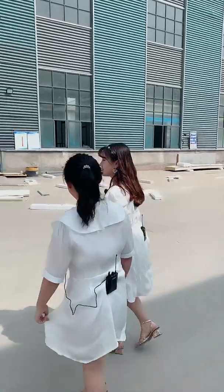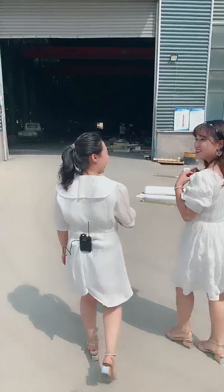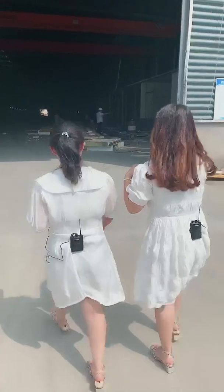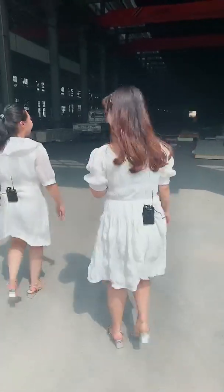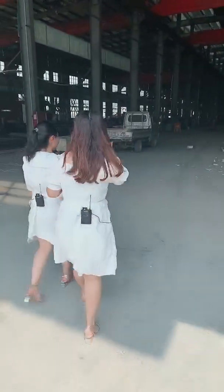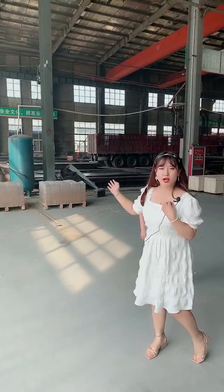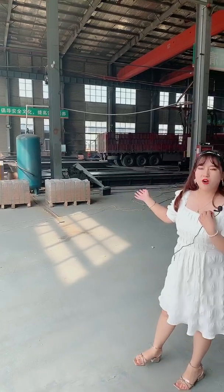This area is our raw materials of steel structure, because it's usually used for the steel structure warehouse